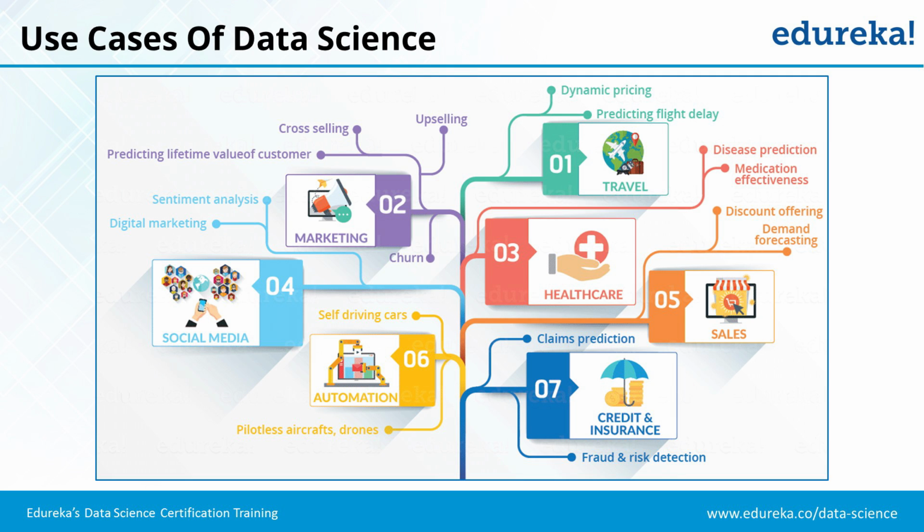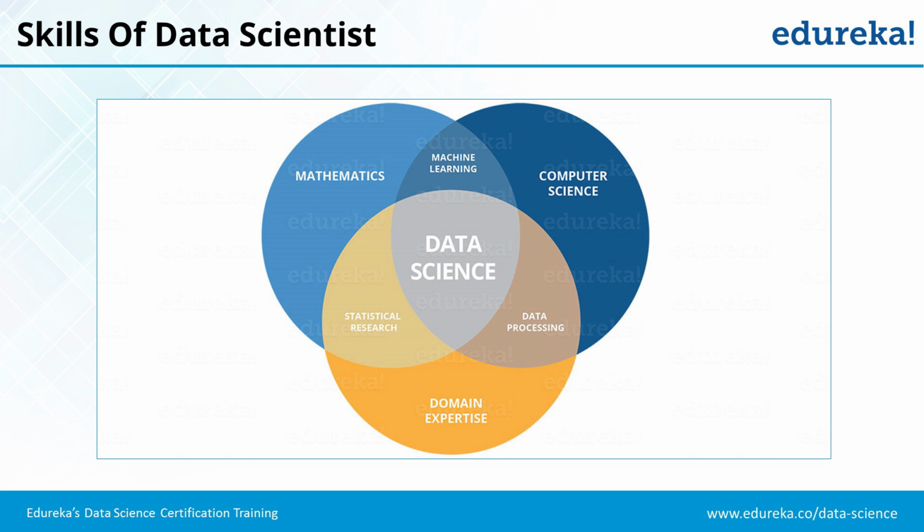Now let's move on from the use cases to what are the skills that are required for a data scientist. So to become an expert data scientist, these are the skills that are important. It is a combination of mathematics, computer science, and domain expertise. These are the 3 big bubbles in which data science can be categorized. So you need to have some mathematics knowledge, which comprises mainly of statistics. A lot of statistical algorithms like linear regression, logistic regression, decision trees, k-means, apriori algorithm. All of these are statistical algorithms.